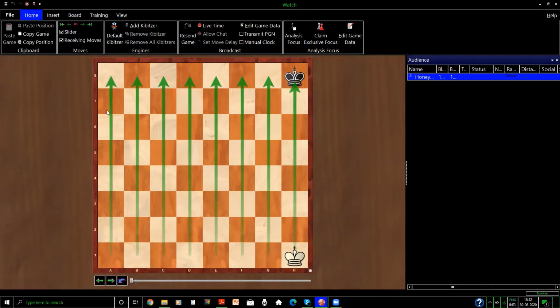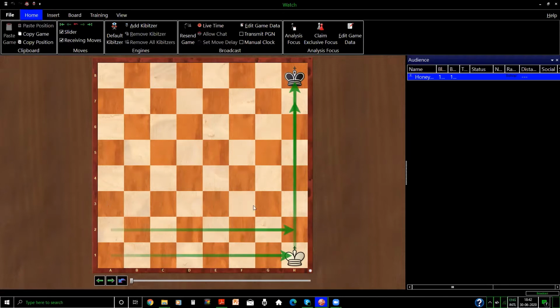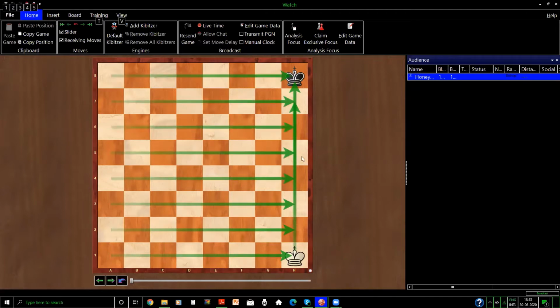Now coming to the term ranks, I think you might have guessed it. It is nothing but the rows of the board. That is the 8 rows which are represented through numbers. So in our case, it is the first rank, second rank, third rank, fourth rank, and the fifth rank, and so on till the 8th rank. So we have 8 ranks in this board totally, and ranks are represented by numbers from 1 to 8. This would be the first rank,